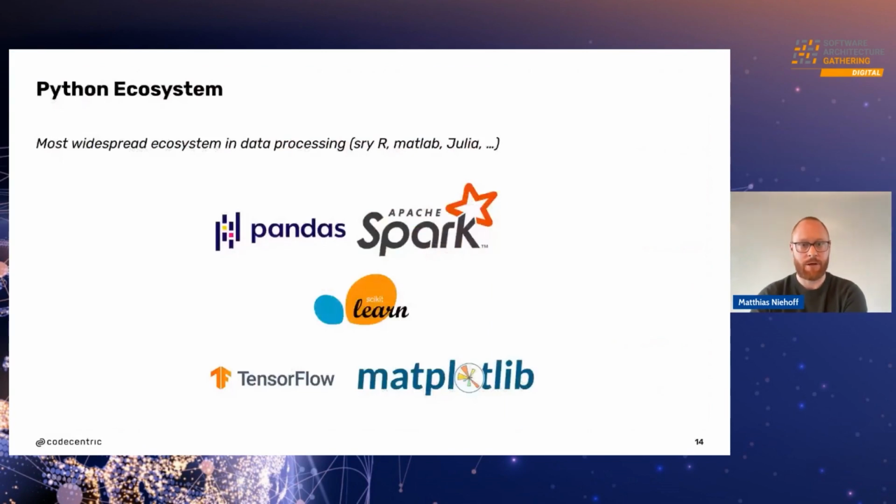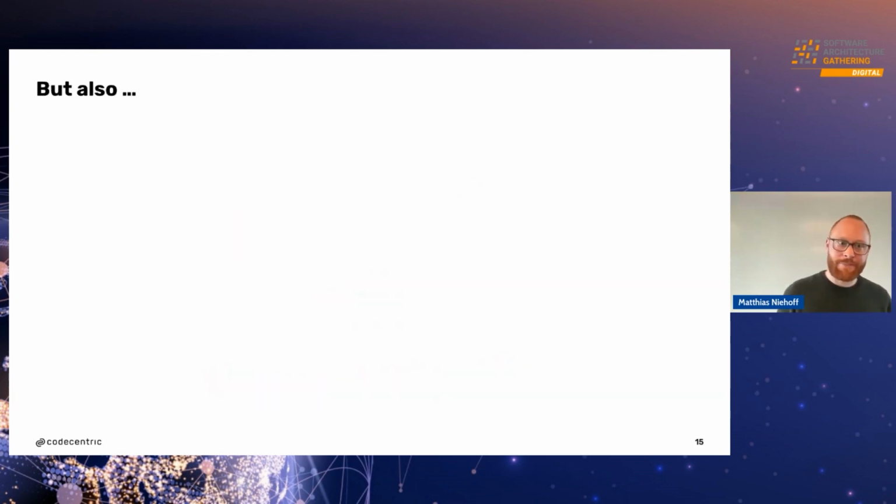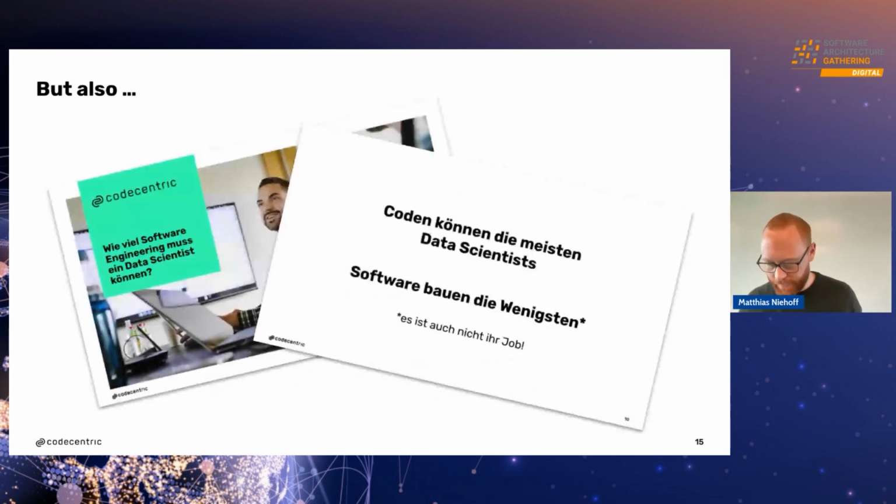We have to talk about Python when talking about analytical data architectures. We have all the Python tool stack, and also R and MATLAB and Julia and all this stuff, and Kotlin now has data frame APIs, but in the end, it's the Python ecosystem everywhere, and everyone can do Python most of the time. But Python is a programming language. I just gave a talk, with German slides, on how much software engineering a data scientist should be able to do. In my opinion, coding is not the problem for data scientists, but building software is not in their heart.